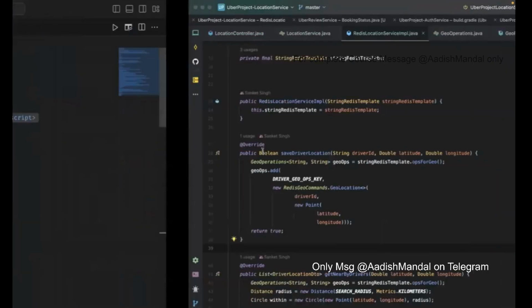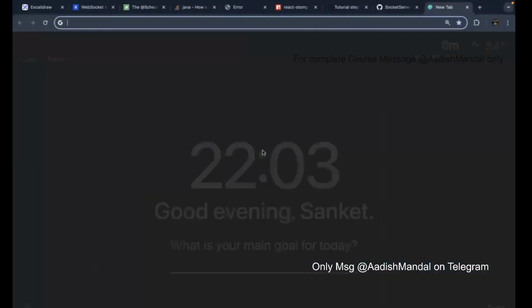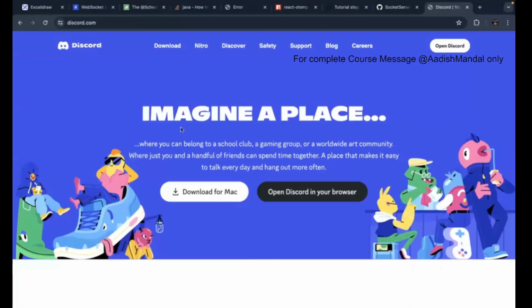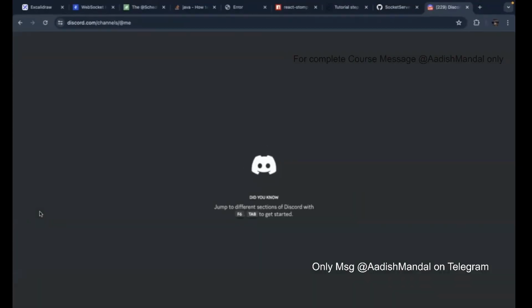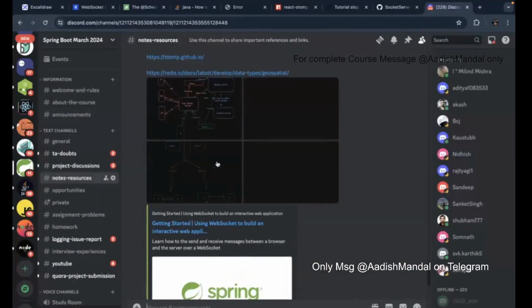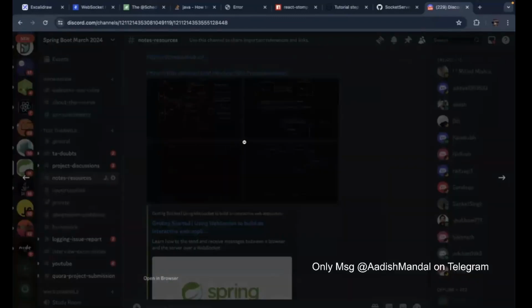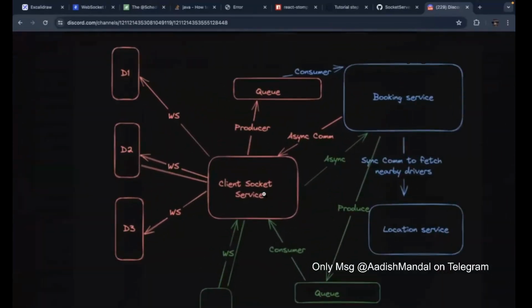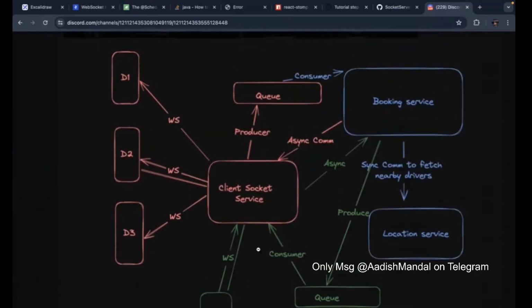If you remember the architecture that we talked about, if I open Discord, I guess we have an image on Discord. We talked about this kind of an architecture, right? That there will be a client socket service. Technically, this client socket service will be communicating to a lot of people, right? Whenever there will be a booking request, booking service is going to make a request to the location service. The location service is going to fetch the nearby drivers, and then post that,